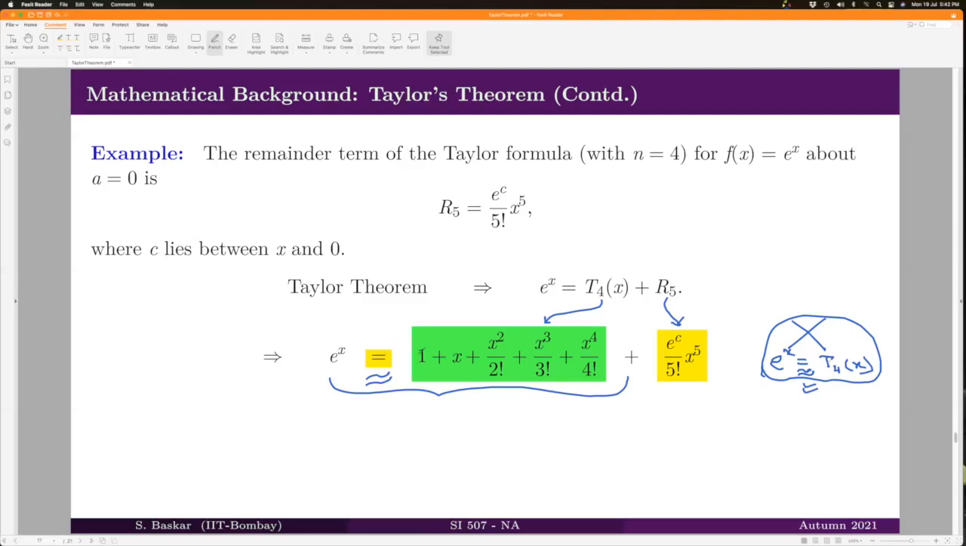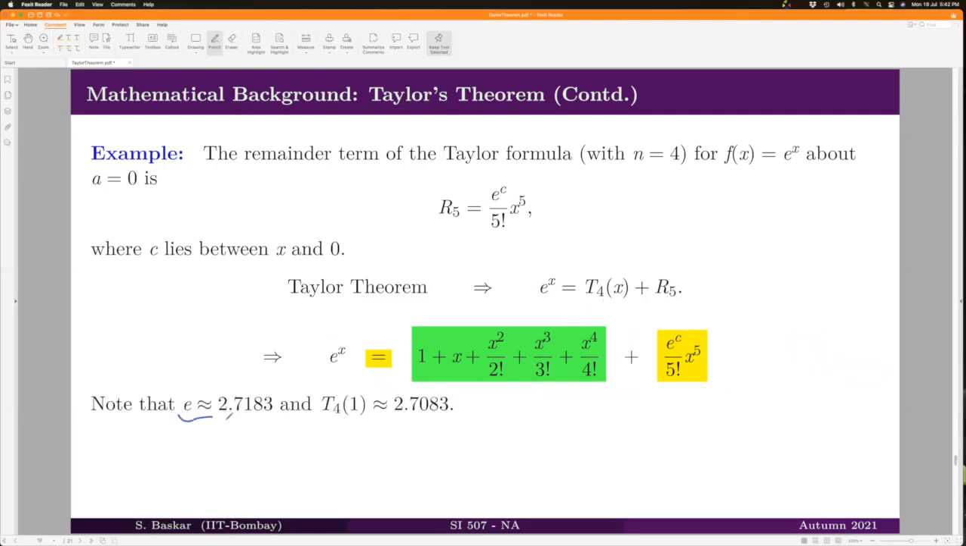Here it is exactly equal to because you have also included the remainder term. The theorem says that e power x is exactly represented by the polynomial plus some unknown term. Why is this an unknown quantity? Because c is unknown. Let's take a numerical value for x and see how this representation looks. In particular, let us take x equal to 1. Then we know what the value of e is. The value of e is given by